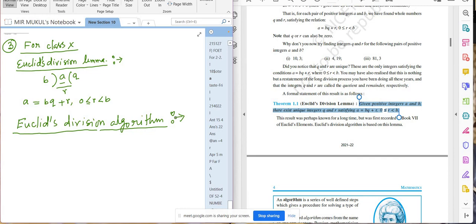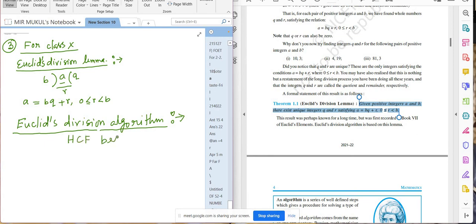That is called lemma. So Euclid has given that if you divide a number by another number, this concept will follow for all division: dividend equals divisor into quotient plus remainder. That is lemma. Now using that statement, if you prove any other thing, that is called algorithm. So using Euclid division algorithm, we can find the HCF